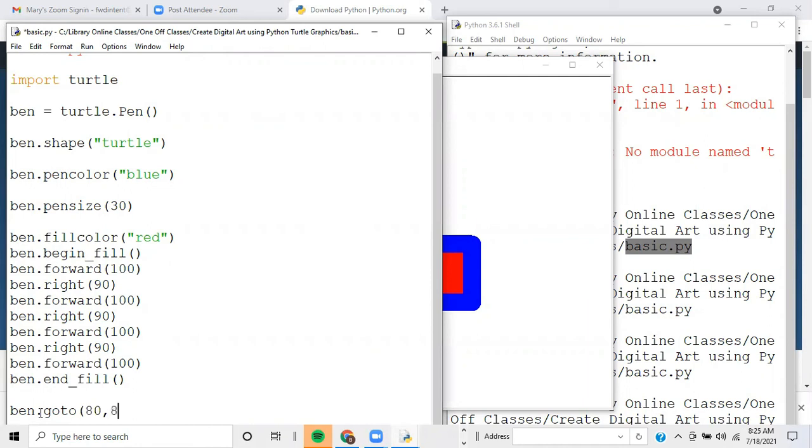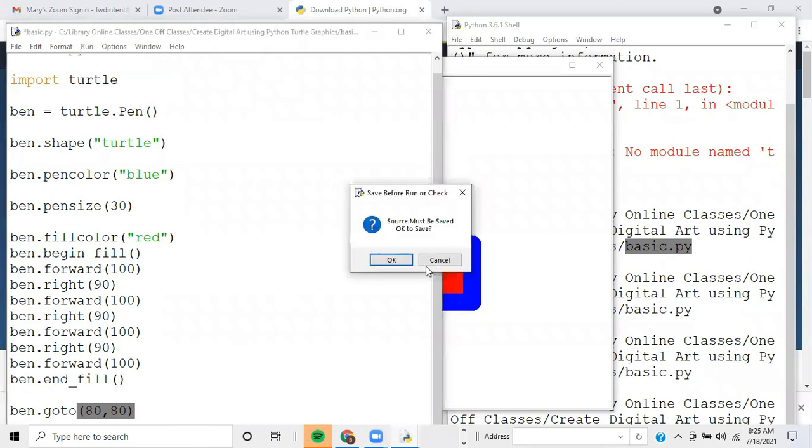These are the coordinates, right? 80 is the first number for the x axis and the second number is for the y axis. Remember, x goes across the screen, left to right, and y goes top to bottom of the screen. All right, so by using the command go to, I can go to a certain point on the screen, giving it an x coordinate and a y coordinate. So I do run module, click OK,